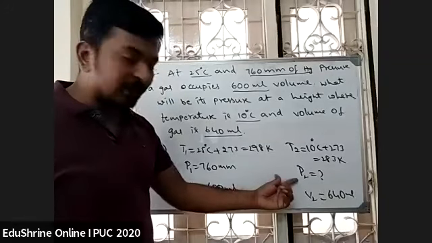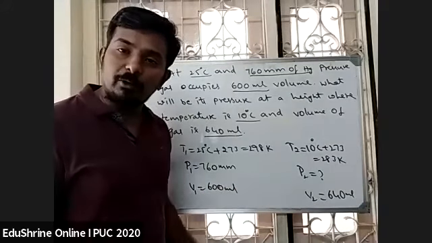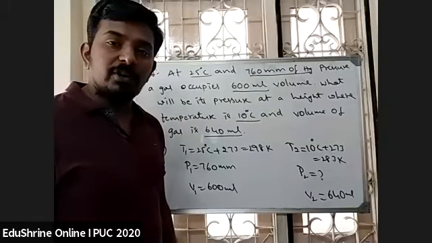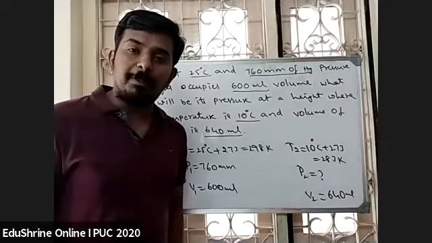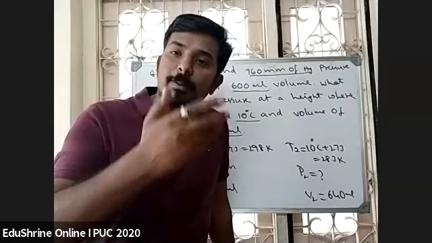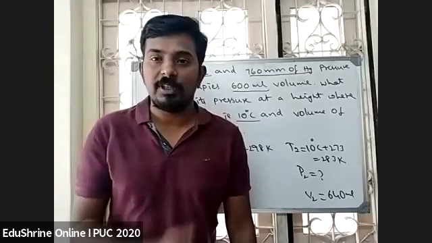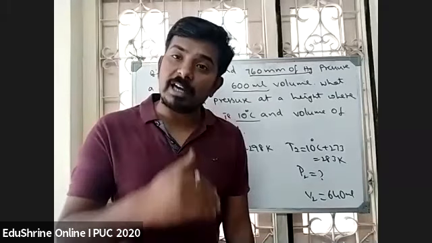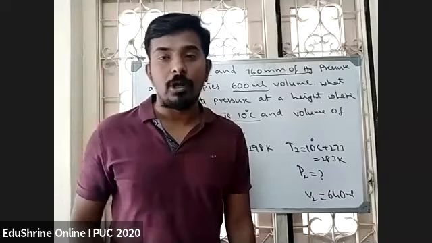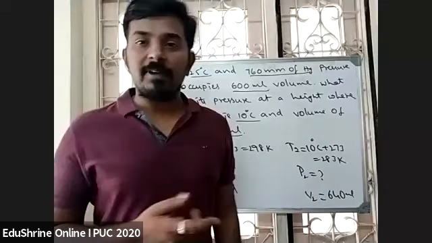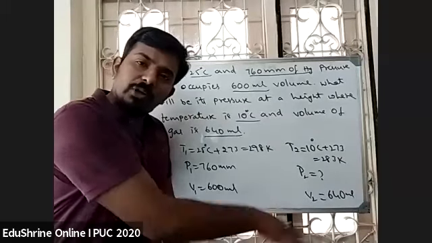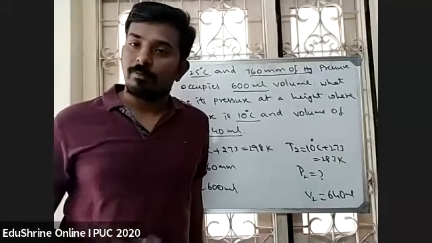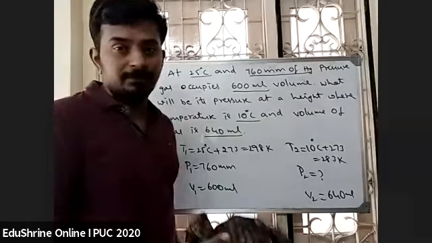Right? So now we can solve this problem by using P1 V1 by T1 is equal to P2 V2 by T2. In which units will I get pressure? In which units will I get the P2 value, students? Because this is in mm, I'll get P2 also in mm. No problem. So once you get the pressure in mm, just go through the options. If the answer is given in mm, write it in mm. If the answer is given in atmospheres, you know how to convert mm into atmospheres also. So based on options, you need to check. While solving, you can use any units, but see that these two pressures and these two volumes must be in the same units. That is the only point, students. You need to be careful.